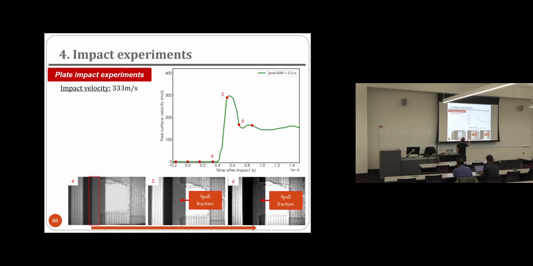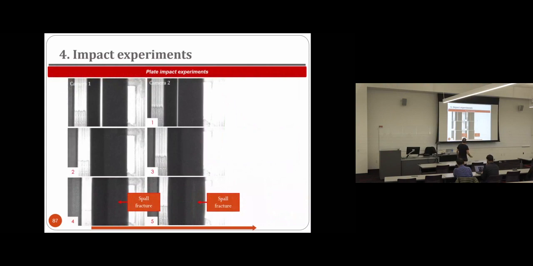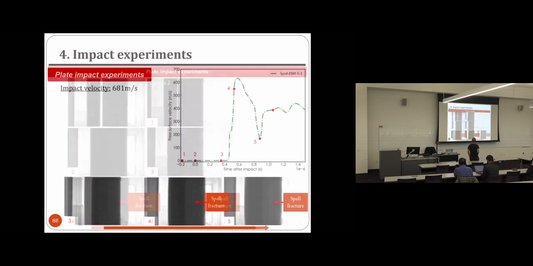In fact, this is very cool because most people think that the spall fracture occurs much later in time in comparison with the signal. However, the spall fracture occurs already here at the very beginning of the Hugoniot plateau. Here with the light you don't see it so nicely, and this is an experiment performed with titanium, so this is why the transmission is worse. Without light, you should see a white line here, telling us that there is a spall fracture.